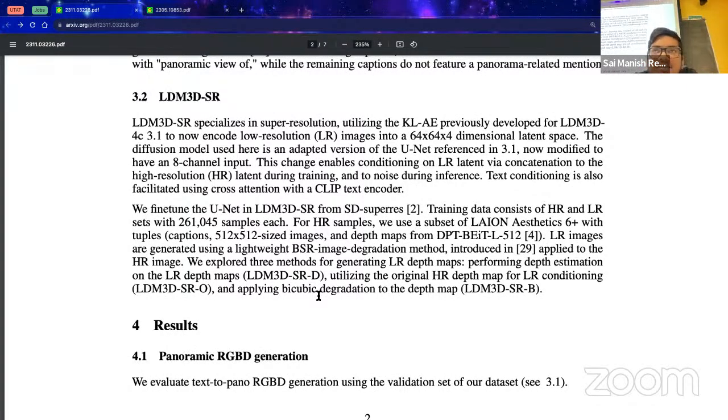For LDM3D SR, it basically specializes in super resolution. It utilizes the same autoencoder as LDM3D, but now it can encode low resolution images. First it encodes low resolution images into a 64 by 64 by 4 dimensional latent space, and